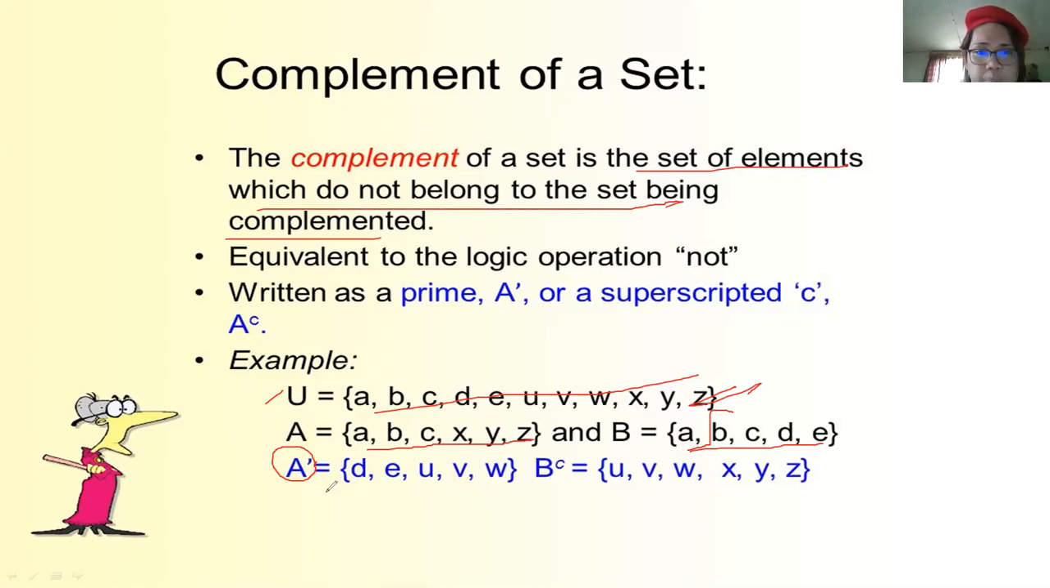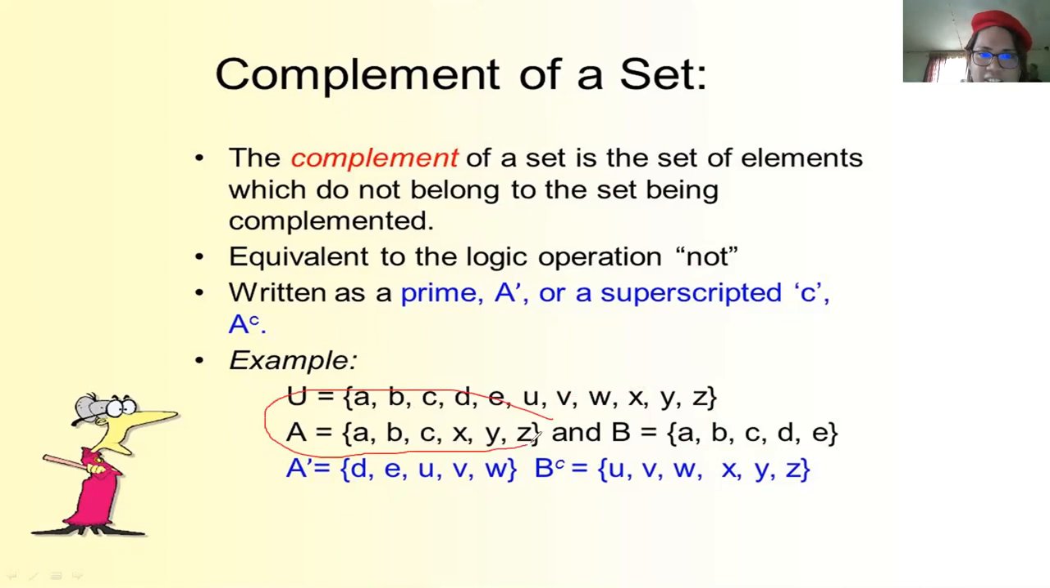So if we have A prime, when we get the complement of A based on the given, what's our answer? Sir, it's there. Yeah, I know it's there. So I want you to just observe first the answer so that you'll be able to identify how to get the complement of a given set. So the complement of A is D, E,